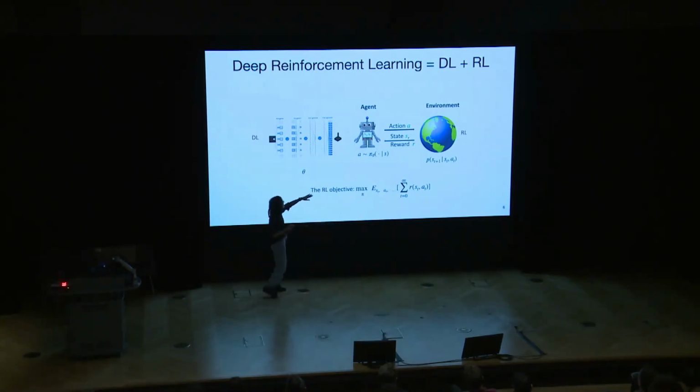Currently we are usually using deep learning to tackle large scale reinforcement learning problems. So we call that deep reinforcement learning, because the agent policy pi is represented by a deep neural network. And for the agent, its objective is to maximize the accumulated rewards. So it's not only maximizing the immediate reward, the immediate response. It's also trying to take the actions that would lead to higher rewards in the end.